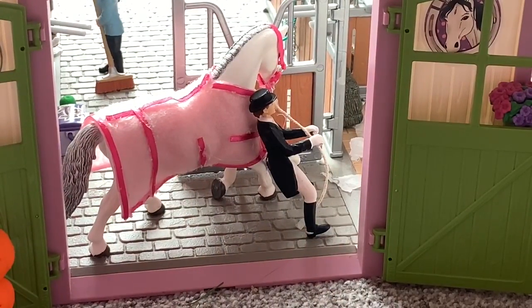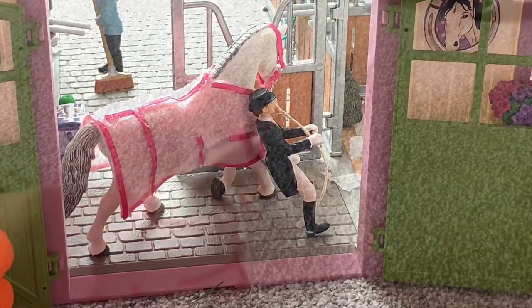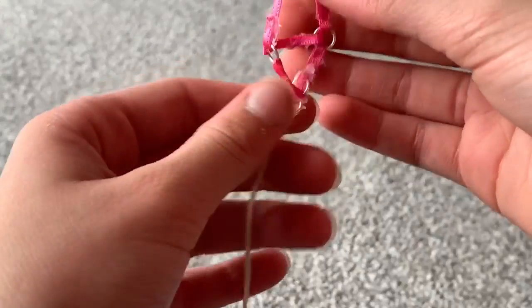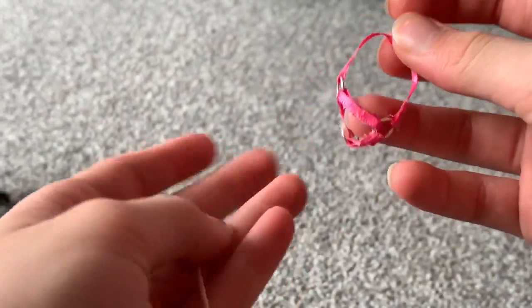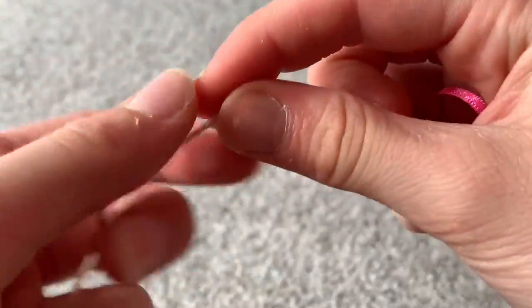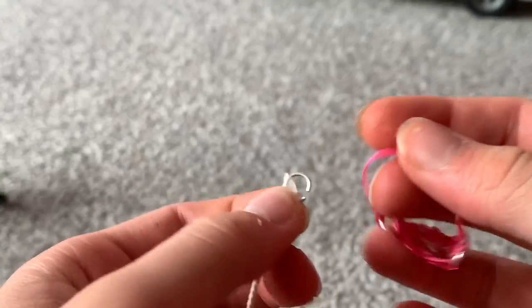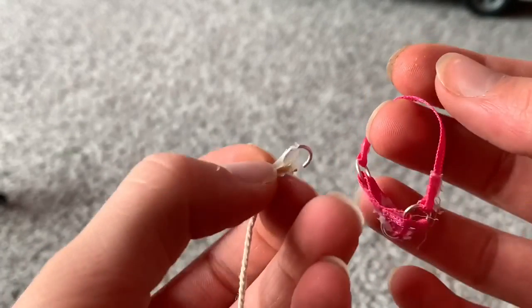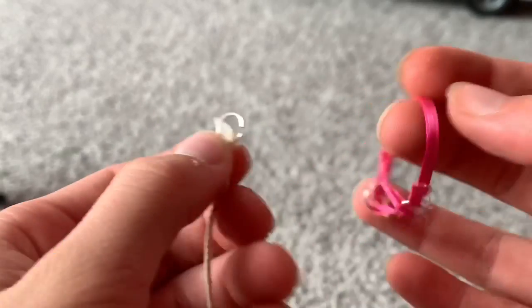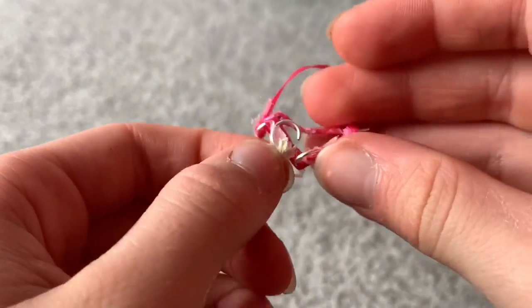Blocking the entrance of the barn is Teresa, and she's leading Cookie into her stable. I actually made this head collar and lead rope for Cookie. I made the lead rope so it unattaches. I don't have any clips because we went to Hobbycraft a couple days ago and I forgot to get any clips, so I just had to open up a jump ring and slot it on there